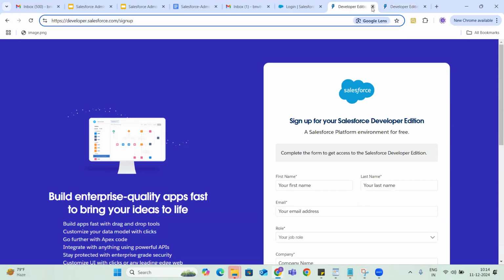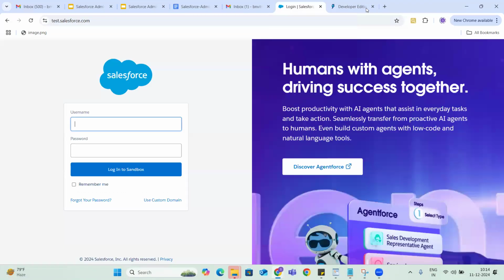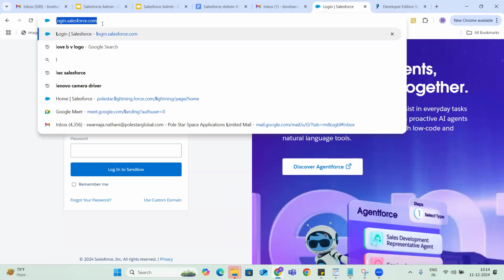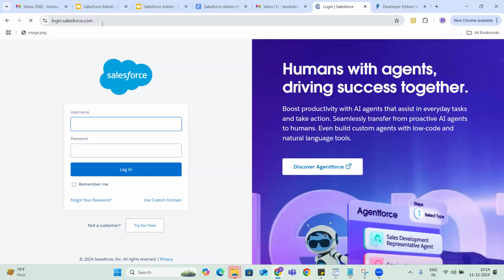And I would like to tell you one more thing. Somebody may have some idea about login.salesforce.com and sometimes they will click here to try the free sandbox version. Here also there is a button, try for free.